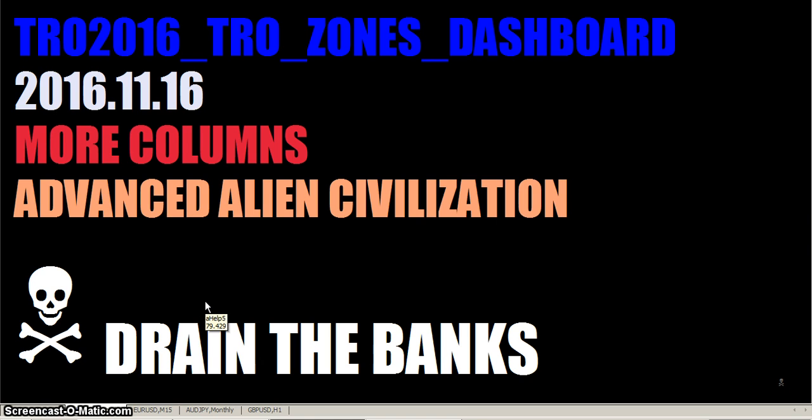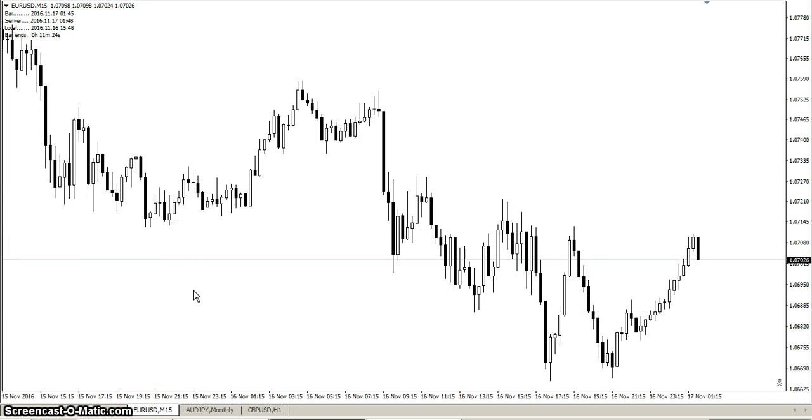The TRO Zones dashboard. It's November the 16th. I've added some more columns. Imagine that. Yeah, more advanced alien civilization. Okay, here we go. So, there's a blank chart. Well, I do have the one little TRO time indicator on there, so you get an idea what time it